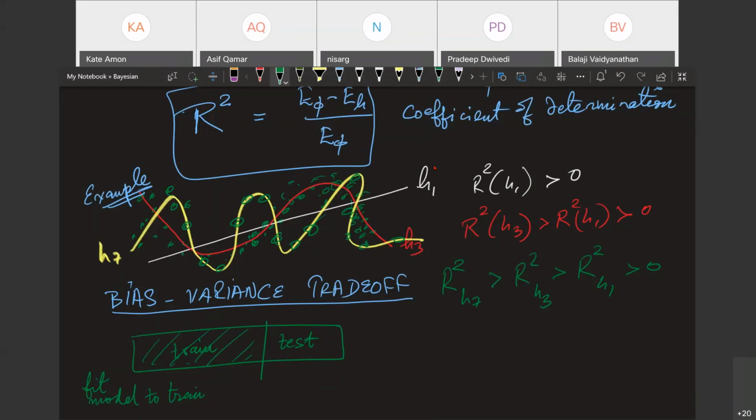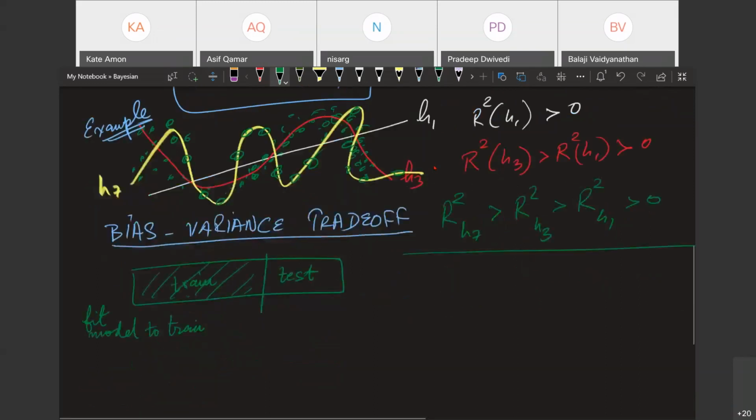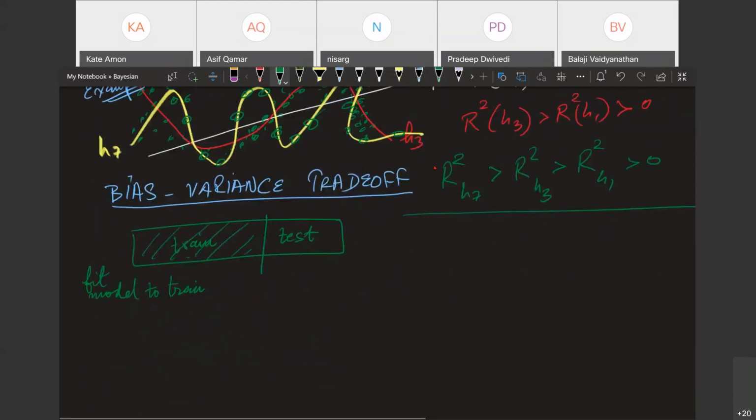Now you need a test to tell that you are overfitting. So you find the error of each hypothesis on the train and compare it to the error on the test. One of two things will happen. For the red hypothesis, because you have randomly split the data, what do you expect?